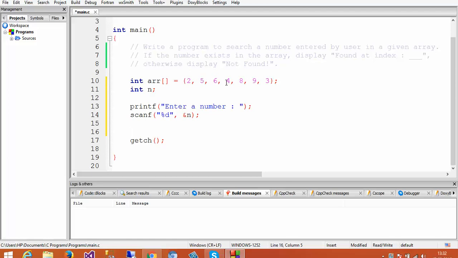We would compare with all the elements till we either find the element equal to this number, or we have checked every element of the array and have not found the number to be equal to any of them.